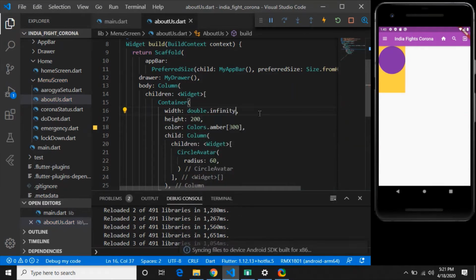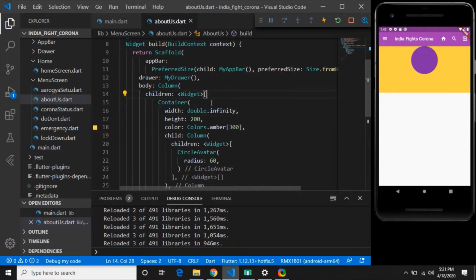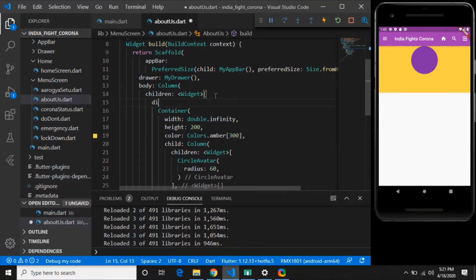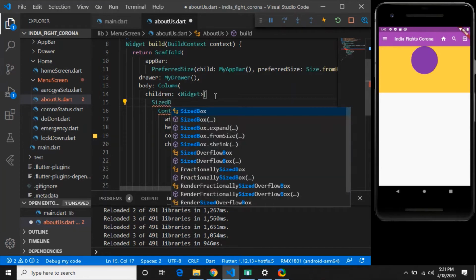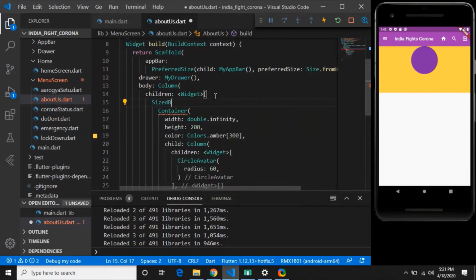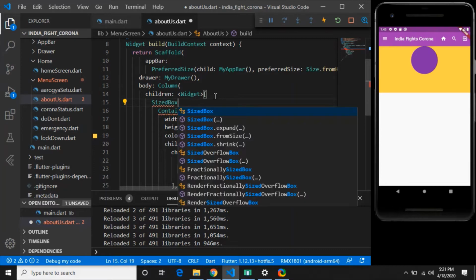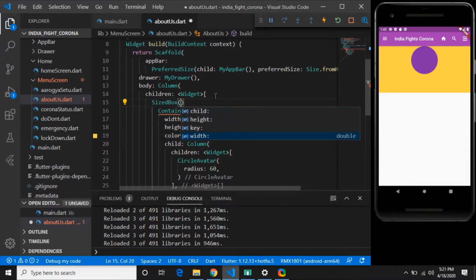But I want a little bit of gap from above. So above the container I will have a SizedBox of height, let's say 10. I have to give a comma at the end of the new widget.